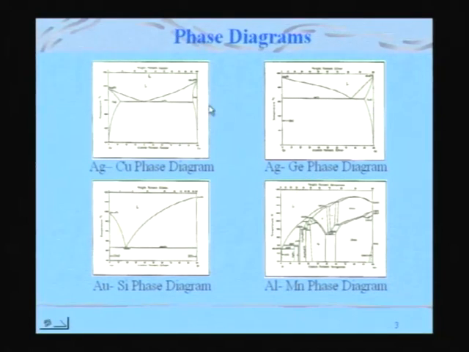So he took silver copper, this was the starting point, and then he went into silver germanium and took again the eutectic composition and tried to cool them rapidly. He did not get a solid solution here, but he got a metastable crystal structure, a crystal structure which did not exist in the phase diagram, a phase which is called the gamma phase, which did not exist, and when